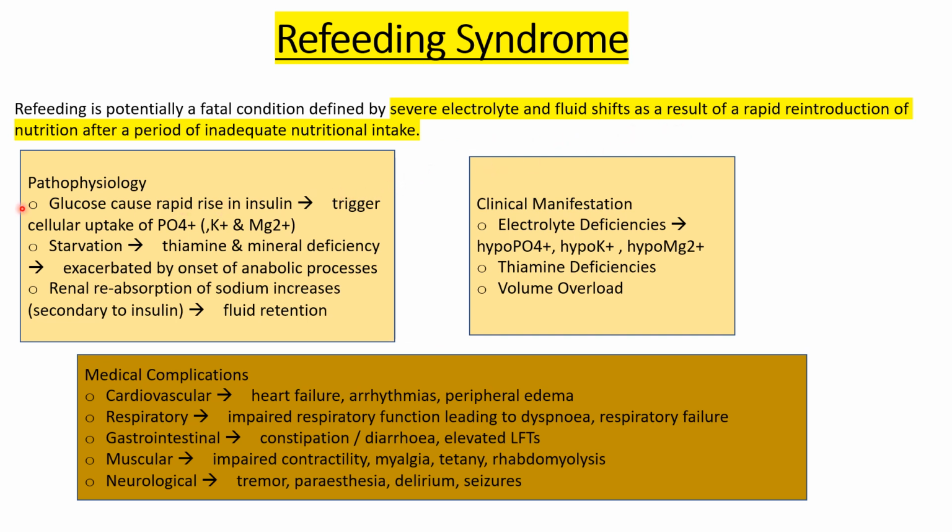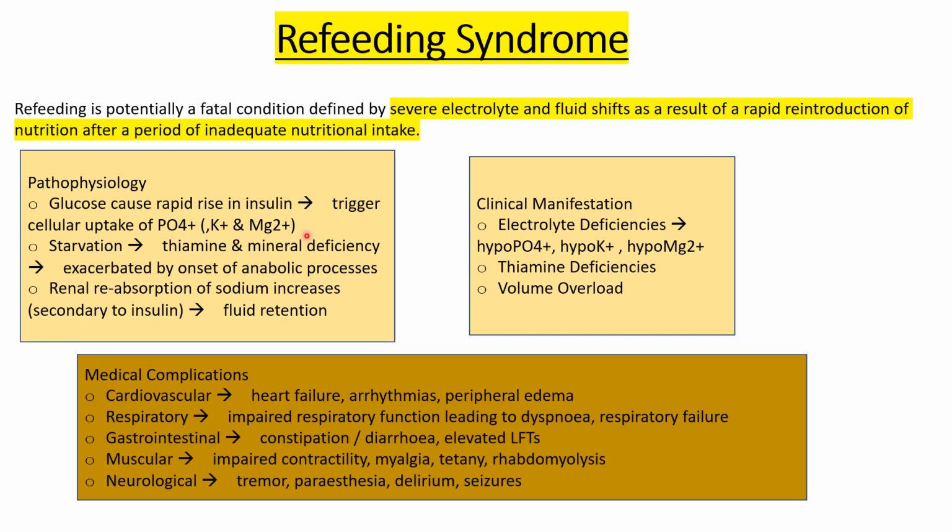Next, what we're going to do is pathophysiology. You cannot understand something unless you know its pathophysiology, especially in medicine. So what happens in refeeding syndrome? This patient was malnourished or had a risk of undernutrition, and now we have given the patient food. So what happens? Obviously, there will be a rise of insulin. What will happen with insulin?